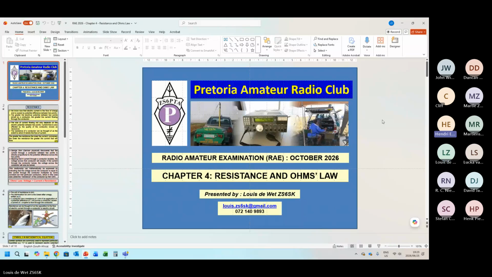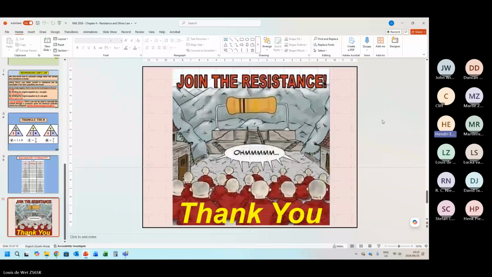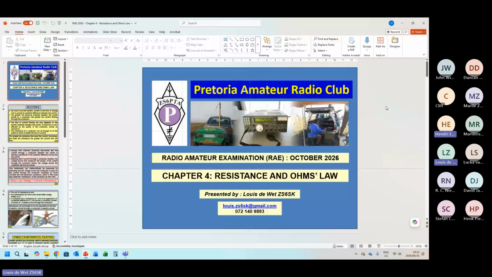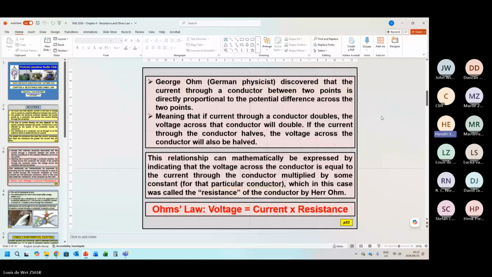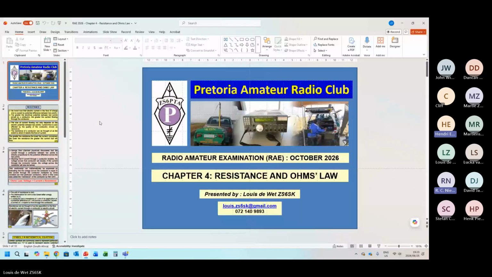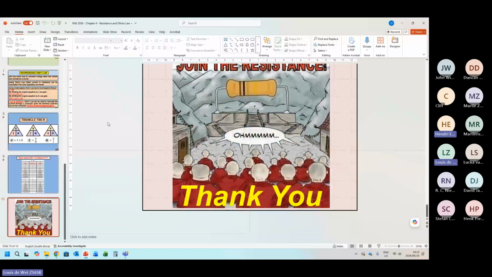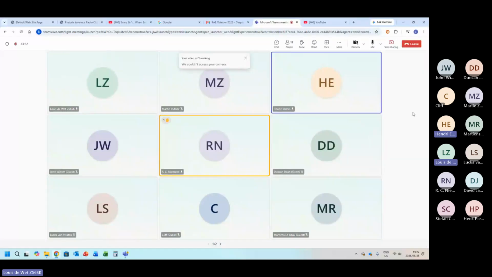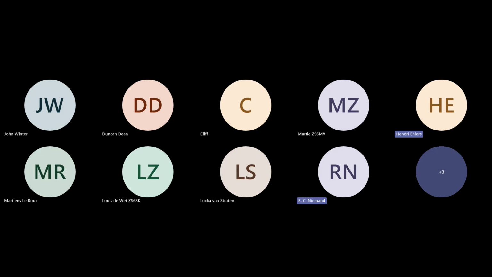Because I always say to the students when they come here, if you know Ohm's law, you're 90% there, because you're going to use that every day in your electronic life. And the rest, whatever else you want to do, you can always look up the formula. But you've got to really know Ohm's law. And when we do the resistor, we will